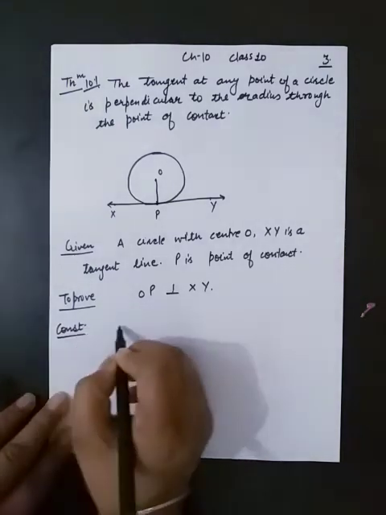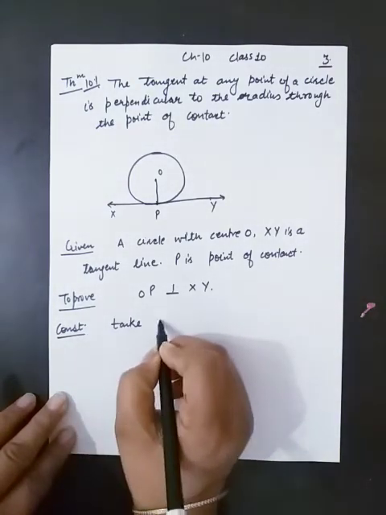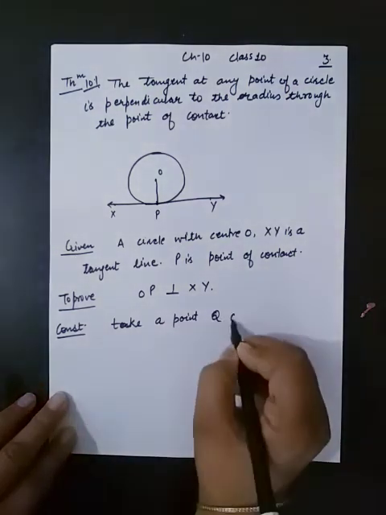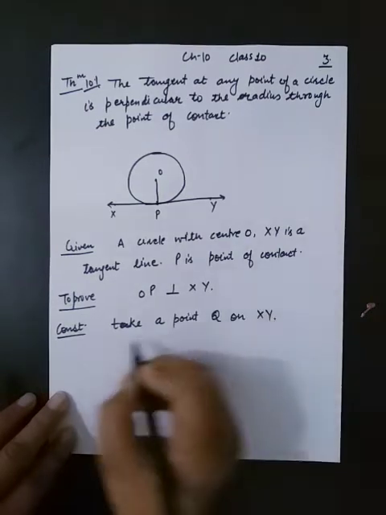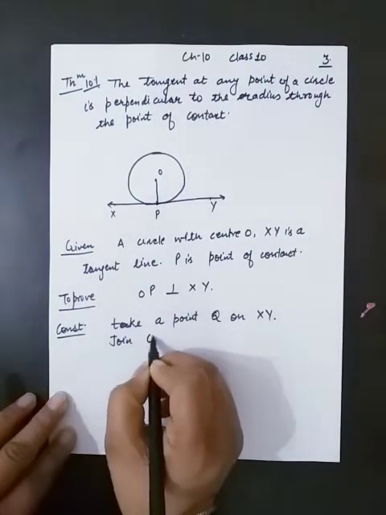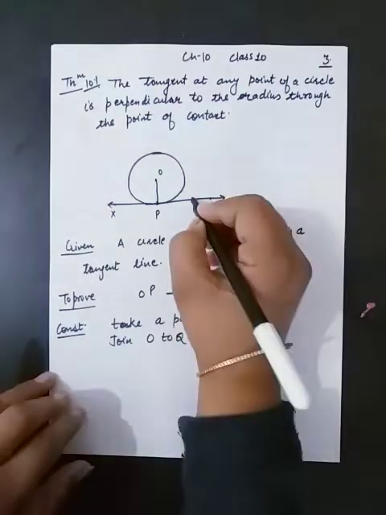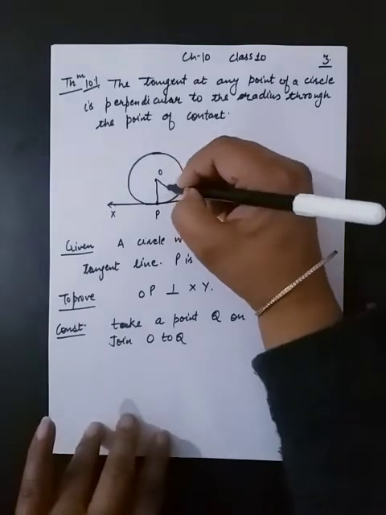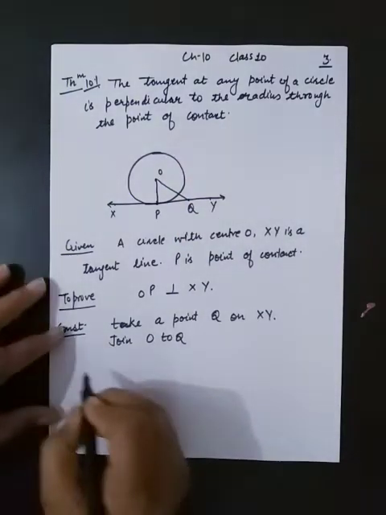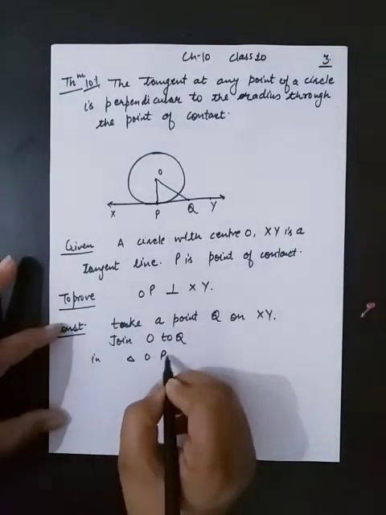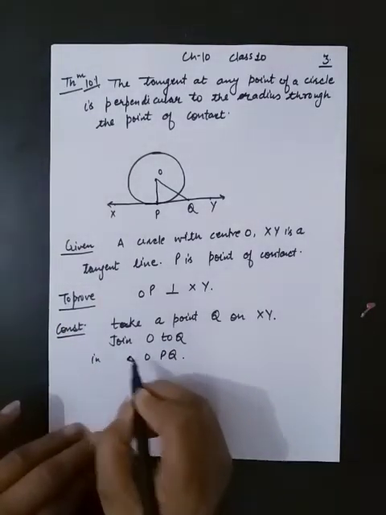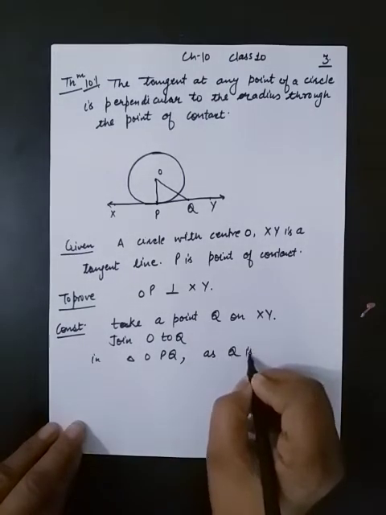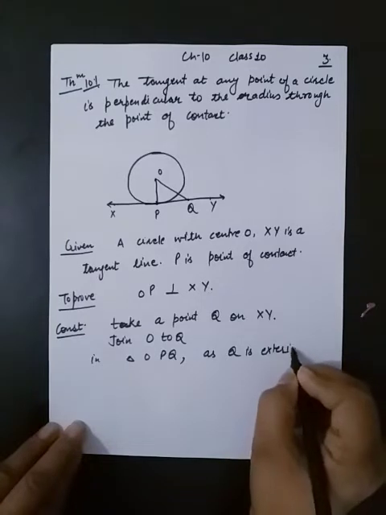Construction. Let us take a point Q on XY and join O to Q. So I am taking this one point as Q on XY and let us join OQ. So in triangle OPQ, as Q is an exterior point,